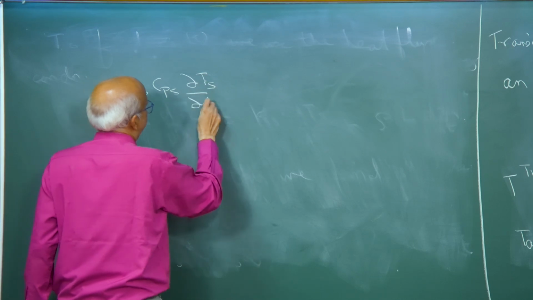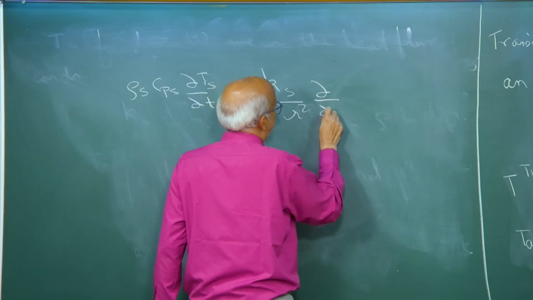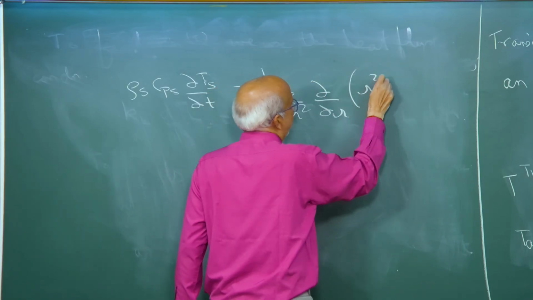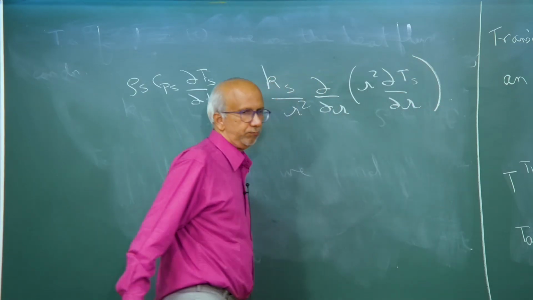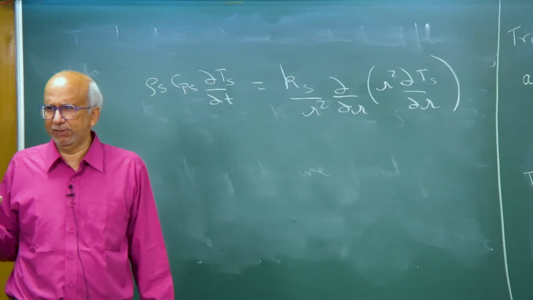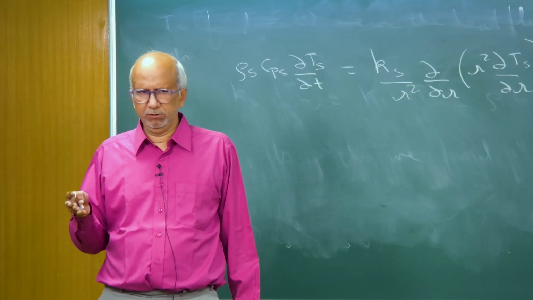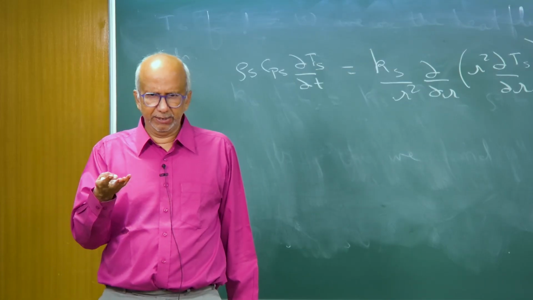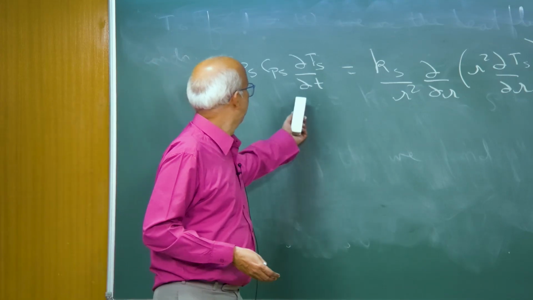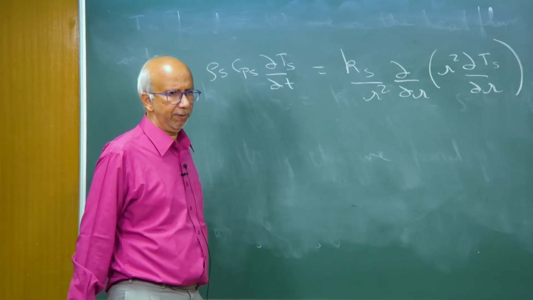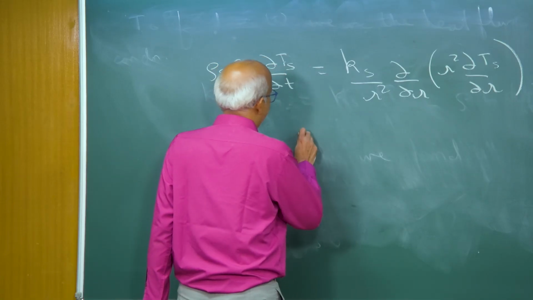I mean, you have done this problem, I am sure, before, and the equation is dTs by dt equals Ks by r squared d by dr of r squared dTs by dr. So, I am basically balancing this energy equation. Yes, I am looking at inside the solid, there is absolutely no convection, only conduction and only in the radial direction, okay, and then the accumulation term, which is this term. Okay. So, I need to solve this problem, and the boundary conditions are